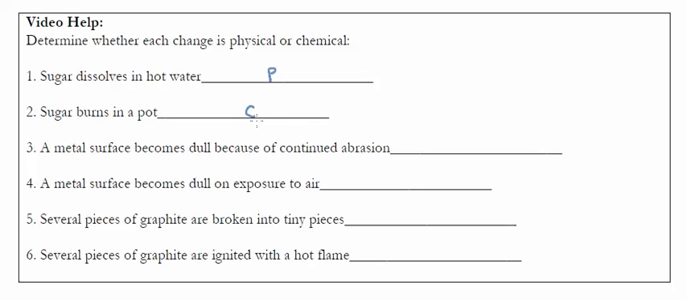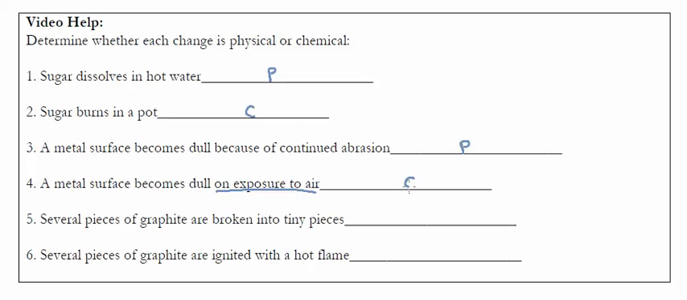identity of the sugar. A metal surface becomes dull because of continued abrasion. Well, if you're abrading it, you're not actually changing the identity of the metal, you're simply scratching away at it. So this is going to be physical. A metal surface becomes dull. If it's being exposed to air, what that implies is it's reacting with oxygen in the air, therefore it's going